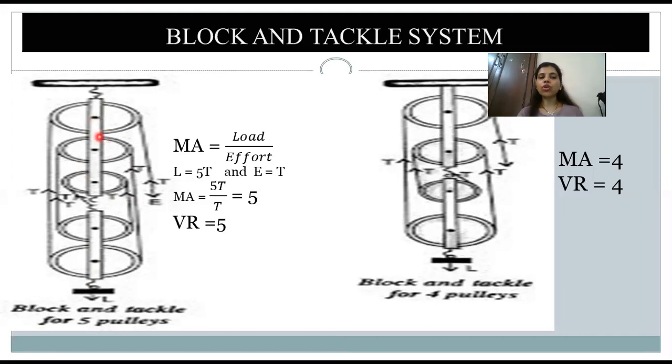When you're drawing it, you draw a rigid support, and a hook from the rigid support, the hook from the frame. This is the frame where the 3 pulleys of one tackle are going to be attached. When you talk about one block, this is how you show the hook up, and down again you show the hook. The frame has a hook on both sides. At the center, mark the position of the axle, because from here they are going to rotate. So draw a scientifically correct diagram, marking the position of the axle and drawing the circles.